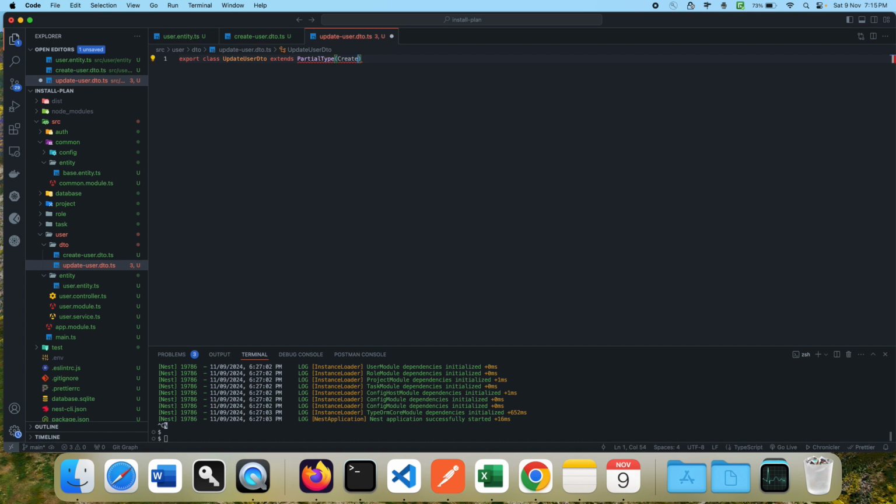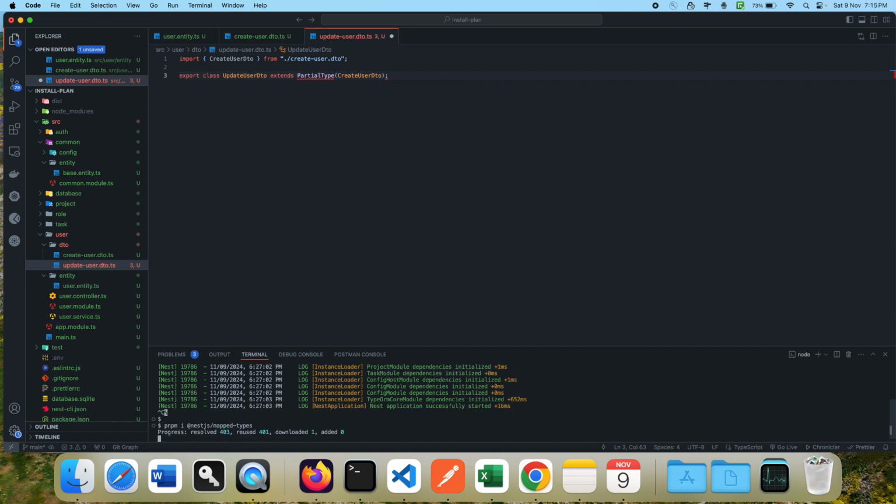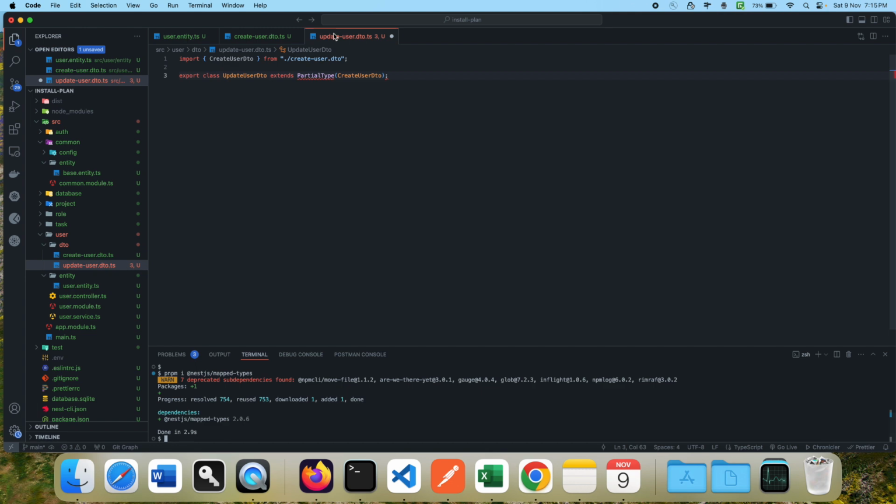Okay, hold on. Create user DTO. I'm gonna install one library, pnpm i @nestjs/mapped-types. Okay, now if I try to import this,